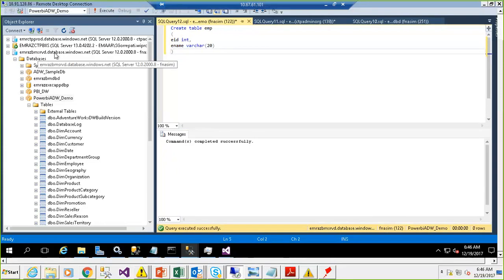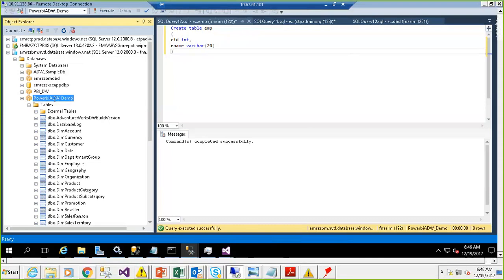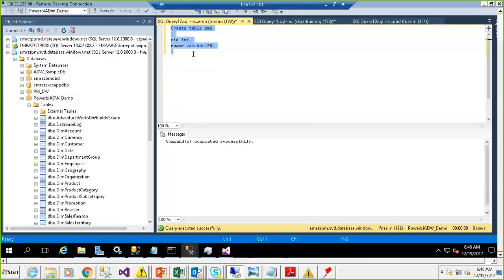It was created on this server. This server is available in some other region. This data warehouse is available on another server in another region. There your table is getting created, and even if you insert some data,